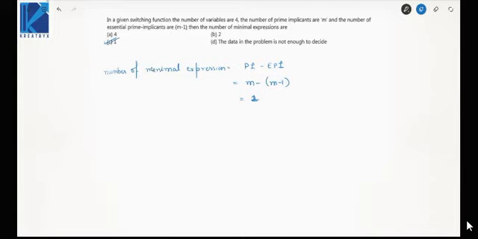The only term remaining that is not included in the EPIs will be either an RPI or an SPI. So the minimum logic expression can be only one. That includes all the EPIs, and if the remaining term is an RPI, we'll ignore it, and if it is an SPI, then we have to consider it. So the minimum expression in any case will be only one. This will be all for this lecture. In the next one, we'll see some more problems based on digital.